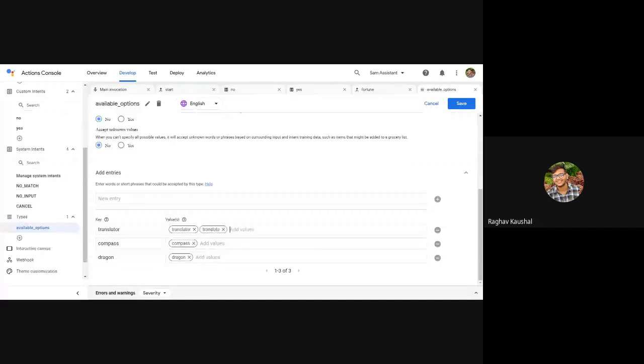What all can we call a translator? You can even call it a machine, maybe like a Google translator or some sort of thing. And we can call him a decoder because decoder sounds cool. And maybe communicator.